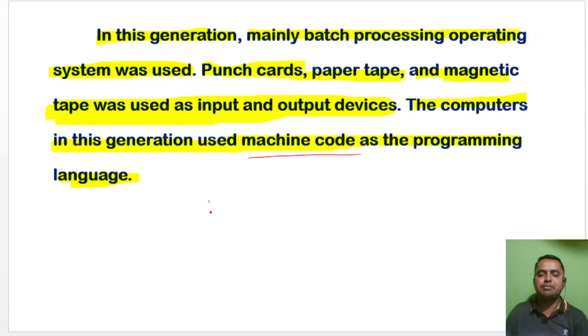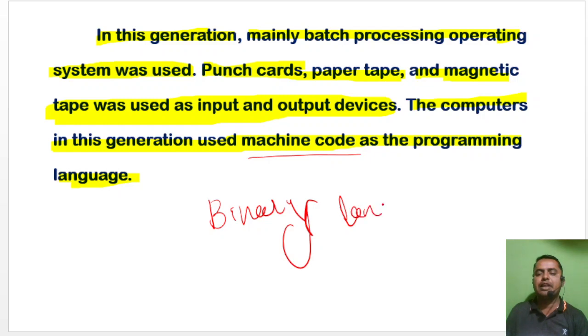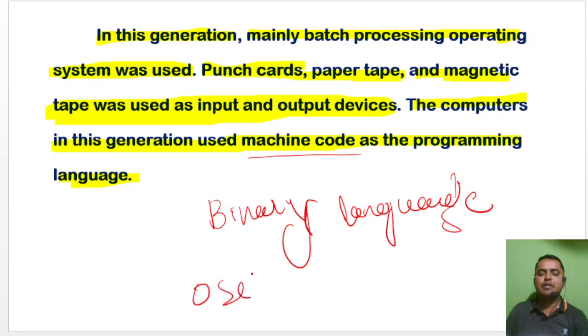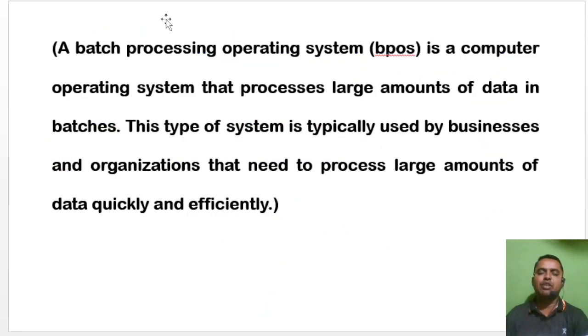मशीन कोड इज नथिंग बट बाइनरी लैंग्वेज। बाइनरी लैंग्वेज को इस्तेमाल किया जाता है। बाइनरी मीन्स जीरो एंड वन। जीरो एंड वन, ये लैंग्वेज प्रोग्रामिंग के लिए इस्तेमाल की जाती थी।